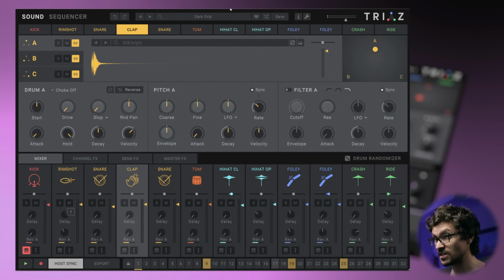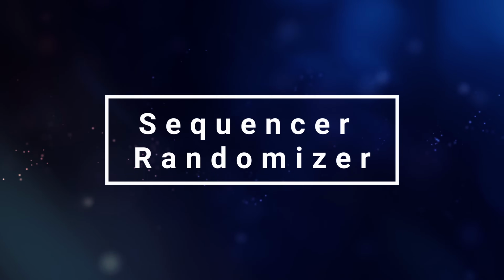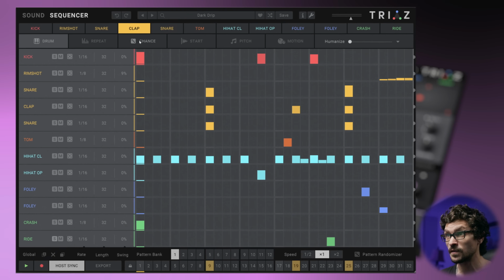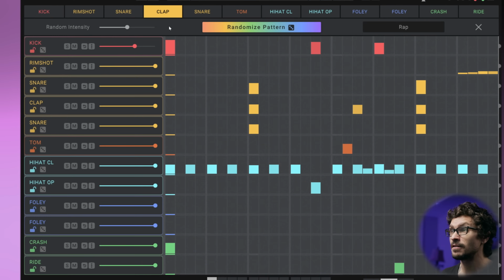Cool, so I'm just gonna press S to go into our sequencer. Since the last update, there's been a lot of really cool features added to the sequencer page, most notably with our randomization pattern functions. So now as a hotkey, we can press R when we're in the sequencer. And now you'll see that we have our whole randomization section, and it's a lot more usable than it used